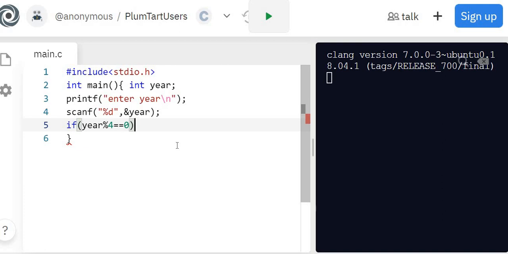So the year should be divisible by 400 and it has to be divisible by 100, and if the year is not divisible by 100, then in that case the year has to be divisible by 4. So for century years we have to take this care. So we will give a condition for century years that